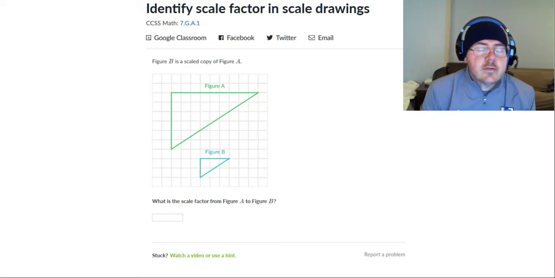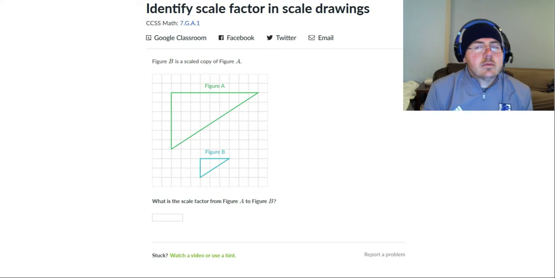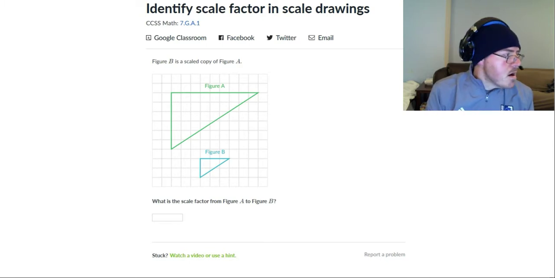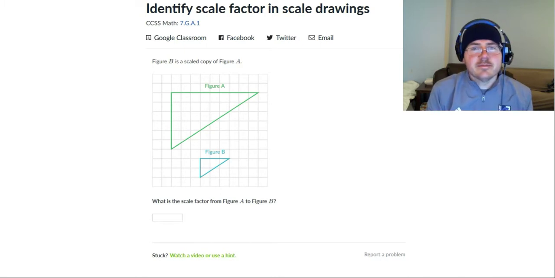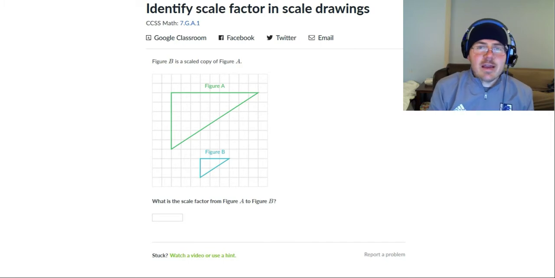So here's your first lesson for the week, or you know what, you do them in any order you want. Here we are with identify scale factor in scale drawings. It's the same skill, the same part of your brain that we were just practicing, but it is presented a little differently. So if I take out my pen here